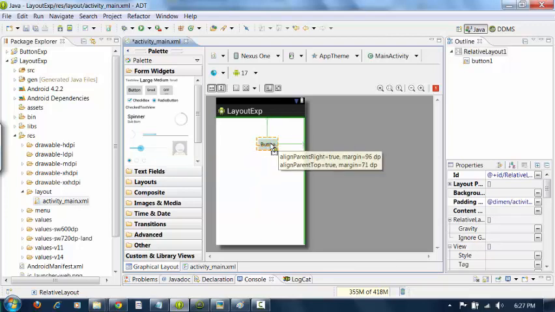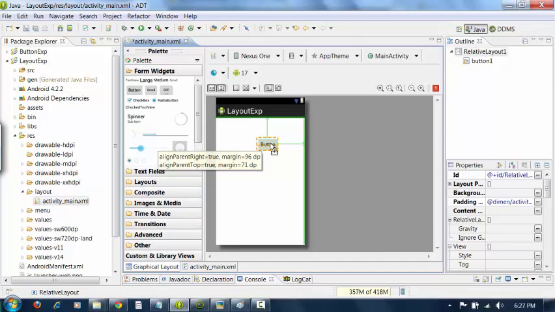Here it is showing it is align parent right is true and align parent top is true. It means it is right of the parent and at the top of the parent. Parent is nothing but your parent layout. It is relative layout and it is displaying the margin also. The margin from the right is 96 dp and the margin from top is 71 dp.